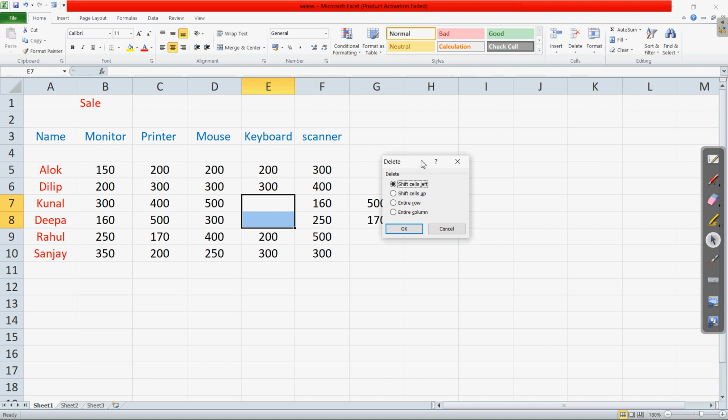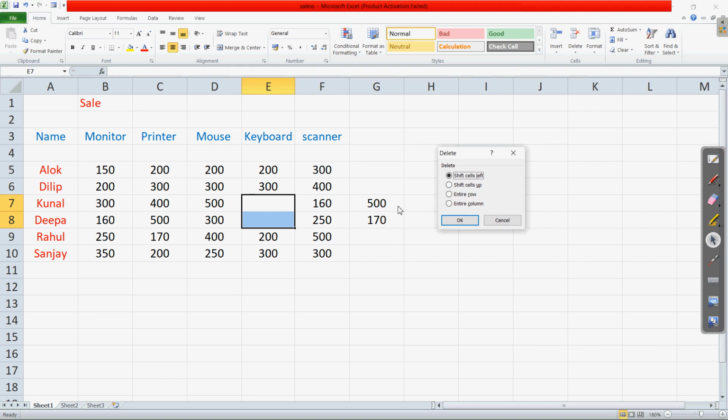So the remaining data surrounding that will be adjusted to fill the gap. If you want the data below to come up, or if you want the data on the right to replace that, you can select that. Right now, as we earlier shifted to the right, we are using Shift Cells Left.